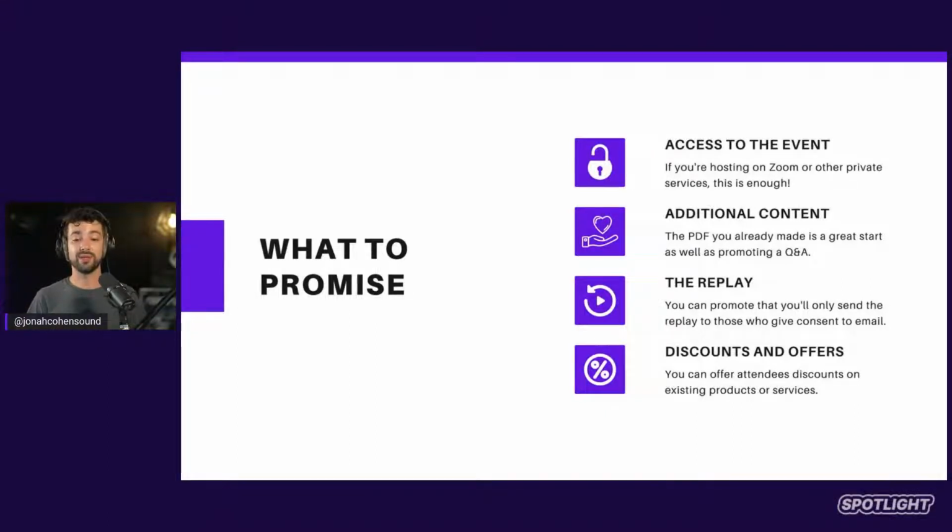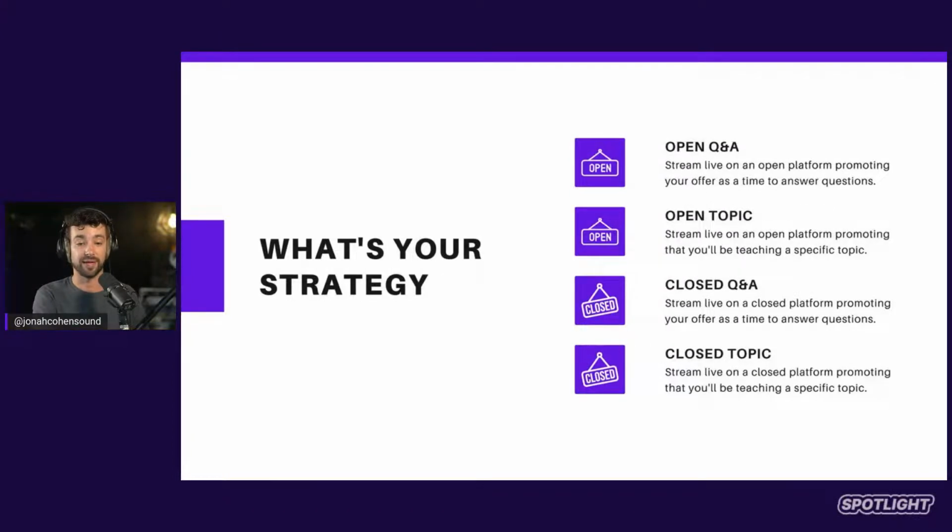You can say to people that by putting in their email, they're going to first and foremost get access to the event. They'll also get additional content and access to the replay. And if they stick around till the end of the event, you'll be sharing a coupon code or something like that. So these are a tool chest for you, and using some combination of these throughout your journey. It can be different for every live event. You should test a couple different ideas before you come to any conclusions about what works best for your platform. But I want you just to know that these are on hand, the tools you're going to use to capture emails with your live event.